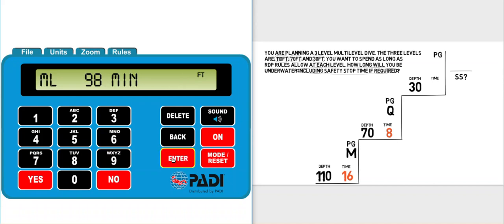The multi-level limit is 98 minutes at 30 feet. Obviously, I'd probably need to be at least side mount diving to have enough air to do this dive. If you want to learn more about that,